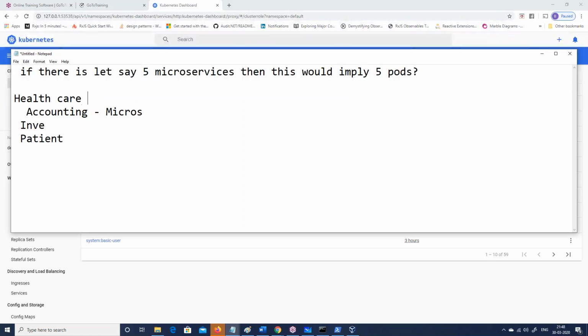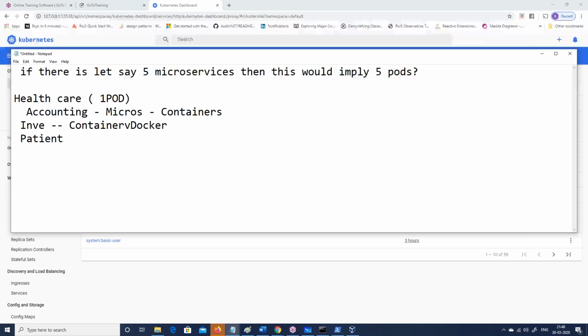And then this will become one pod. I would really create this as one pod. Pod is not equal to microservices. Pod is a logical grouping of microservices, or I will say a logical grouping of your containers. So one microservice will go into one container, and then inventory will go into one container, meaning one Docker container.